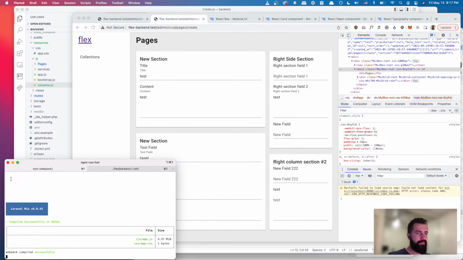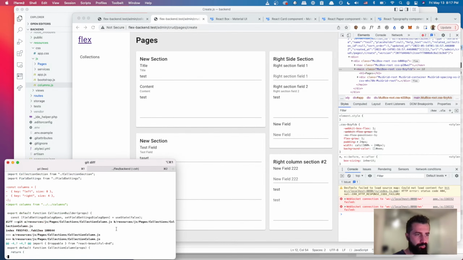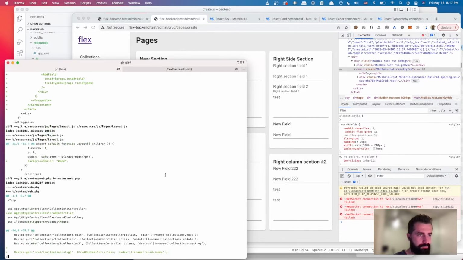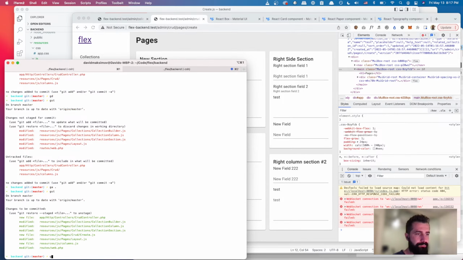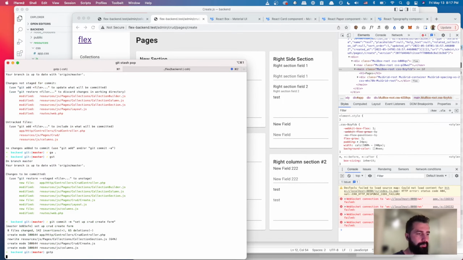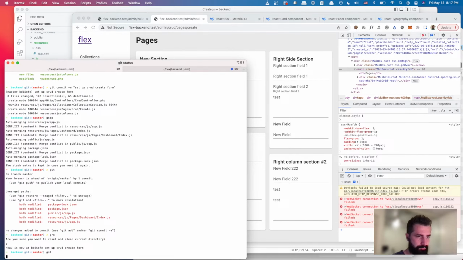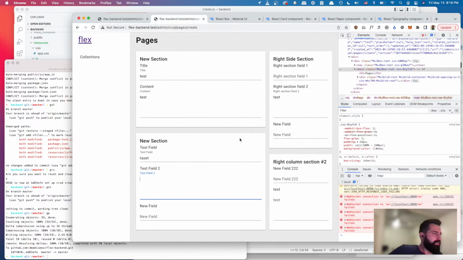I think this is a good point to commit. Let's do a simple search here. Look at our changes. Sweet. Setup, CRUD, create form. Push those out. Cool. So now that we have the form set up, I think the next step is going to be